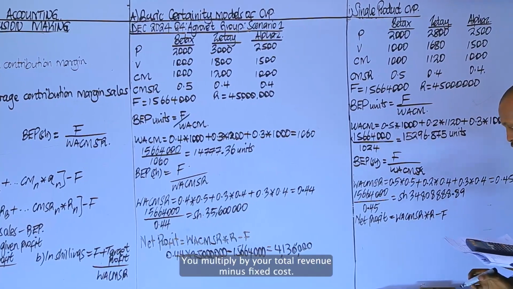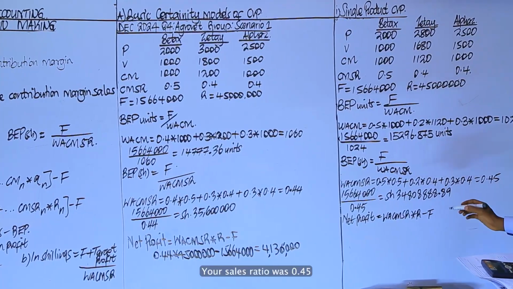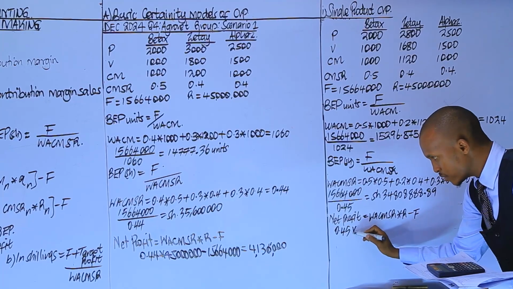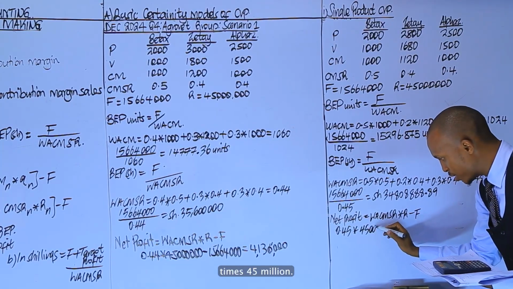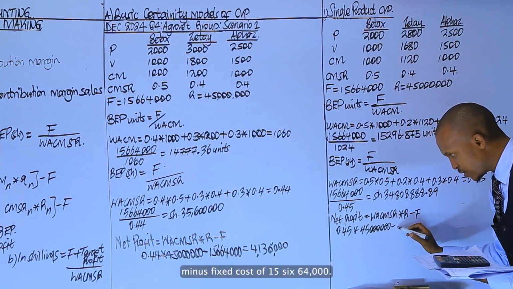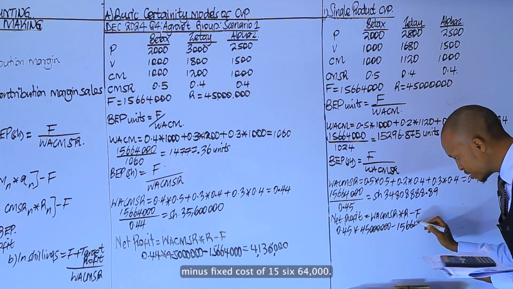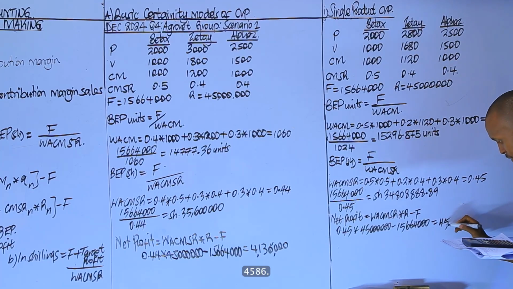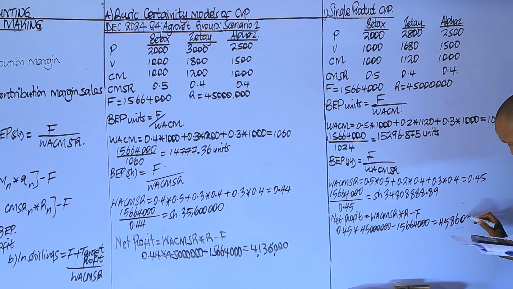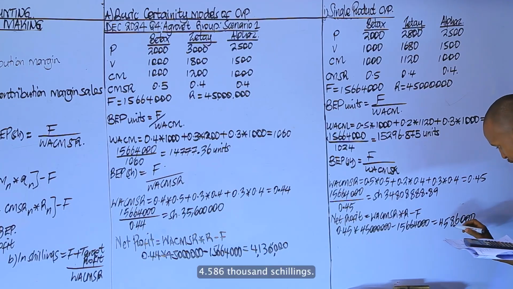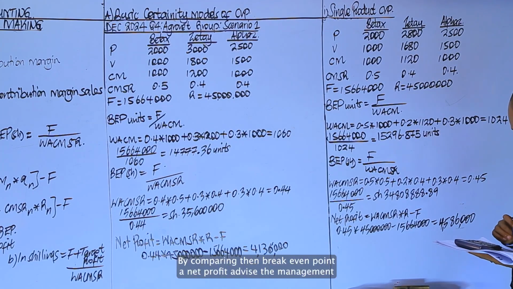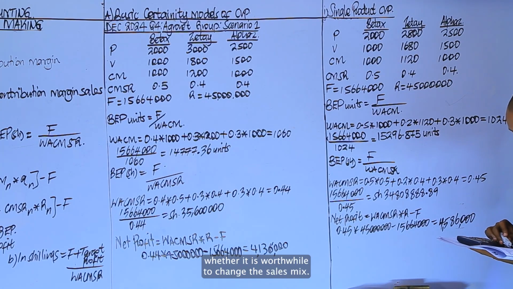multiply by your total revenue minus fixed cost. Your sales ratio was 0.45 times 45 million as your revenue, minus fixed cost here 15,664,000. 4,586,000 shillings. By comparing the break-even point and net profit, advise the management whether it is worthwhile to change